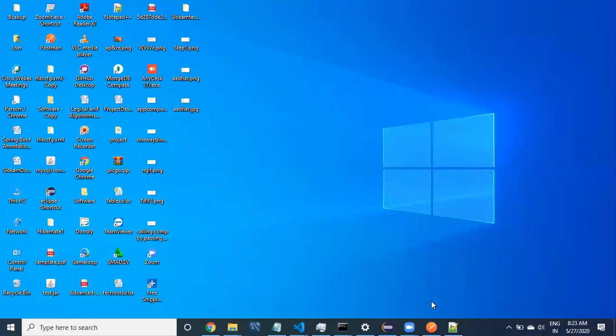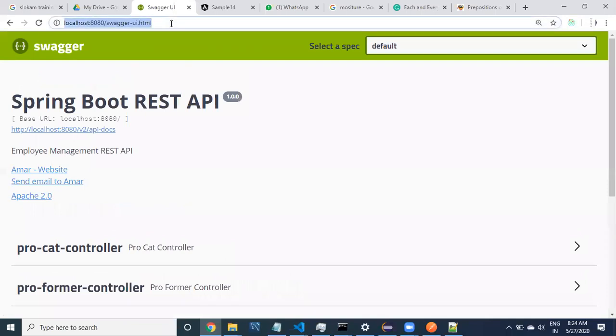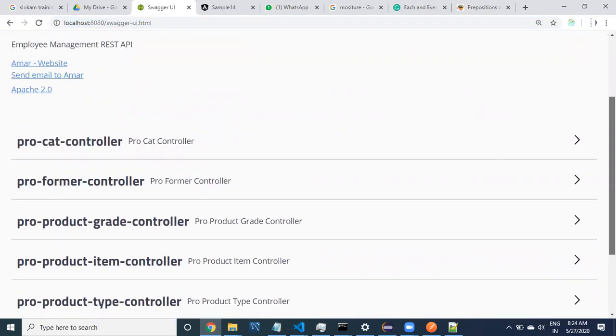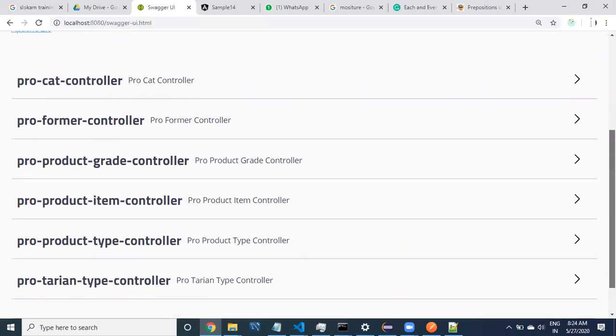Start recording. If everything is ready, then see here guys, this is the URL we need to type. Finally, this is our goal. If you hit this URL in your browser, then you have to see this kind of information, this kind of page. This is the final output. This is what we have to understand.